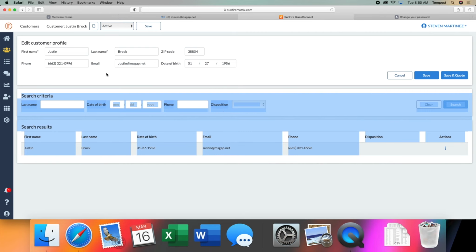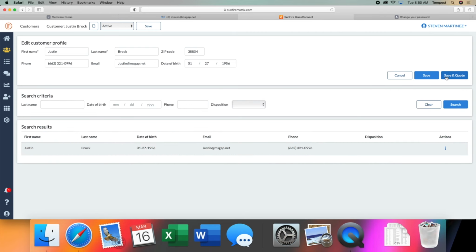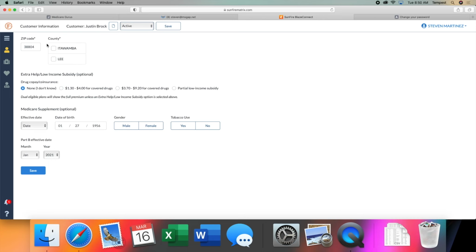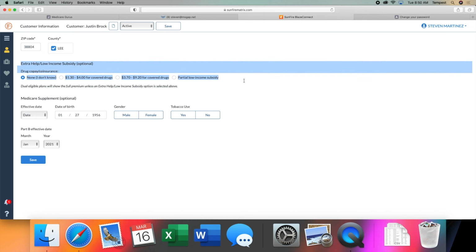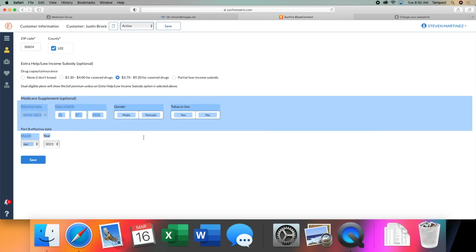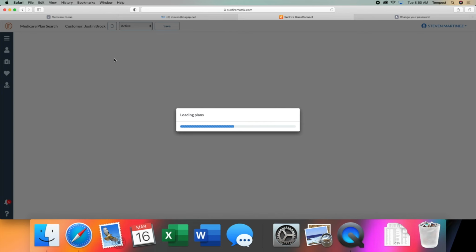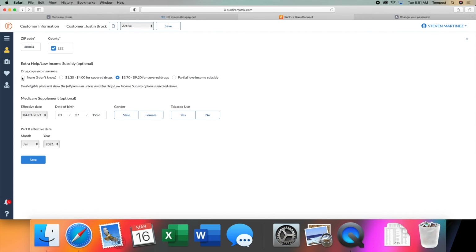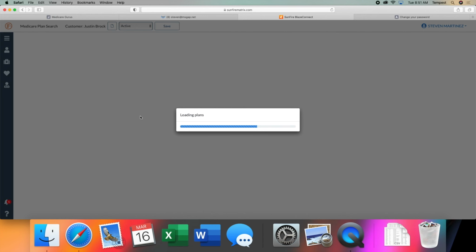So when you're starting these quotes, and it may even do it now, save and quote. Yeah, here it is. So you're going to put in the criteria. He's in Lee County. This is the extra help. It will show you extra help percentages just like Medicare.gov. So if you know they're getting extra help, you can click this and it's going to show you their costs for their drug plan and anything else that they may be getting. So again, all this is optional. I would not even mess with this because this is all just for Medicare supplements. So we're just going to, actually I wanted to go back. I'm going to put none on this for the sake of the training here. All right, so